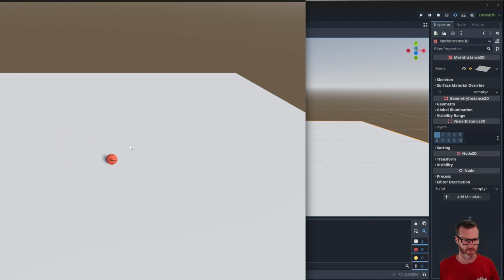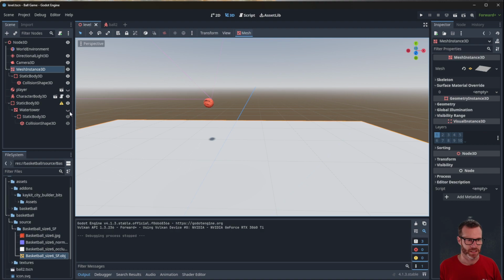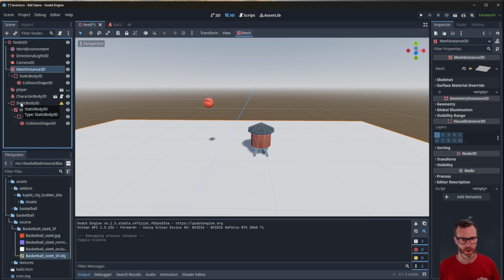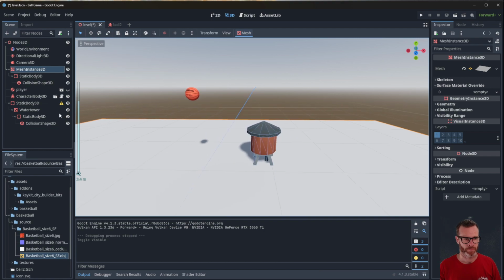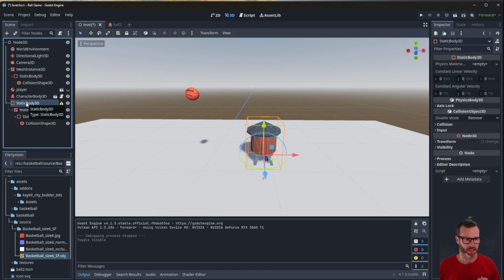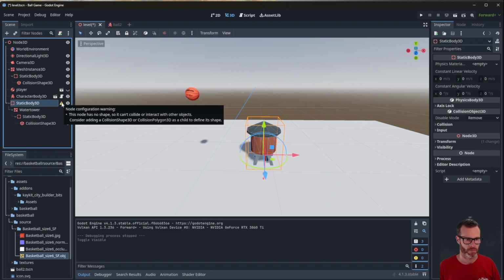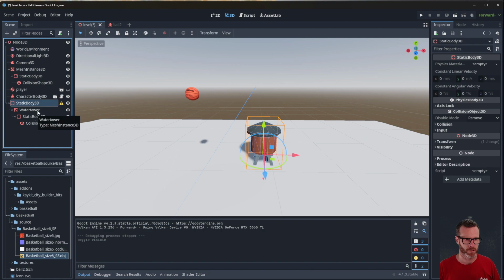So I can't seem to move. Oh, that's the other thing I did. I added in a model, which you can see I'm getting stuck on here. Might be able to land on top of it there. I added in this model, which I've hidden at the moment, which was a water tower. Let me see if I can do that again. This node has no shape. I think if I delete that,